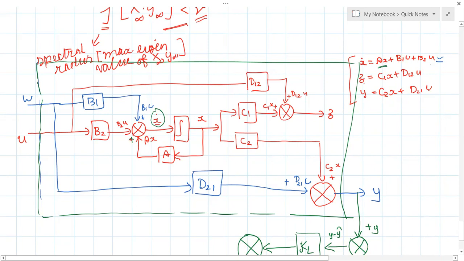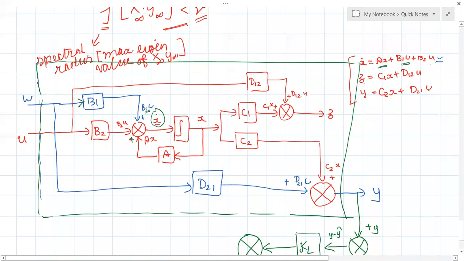Then B1 is the external input. Here, can you see on the right side? W is the external input signal, disturbance or exogenous input, you can say. What's the gain of W? B1. So it is passed through a block with a gain of B1. What's the signal at this point? B1W. W when passing through B1 at the output, you will get B1W. So we have done this much, ax plus B1W.